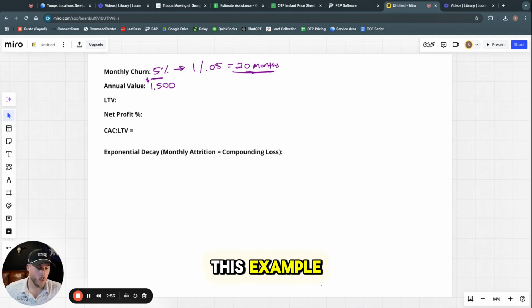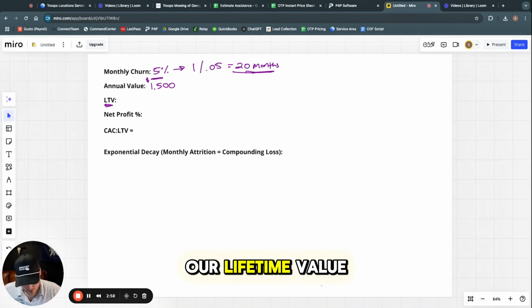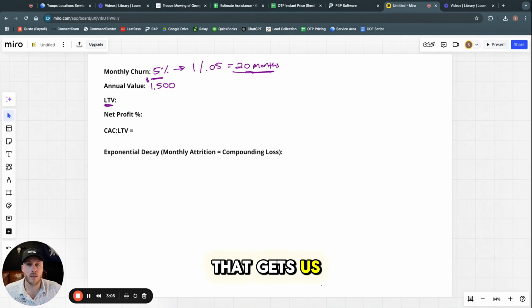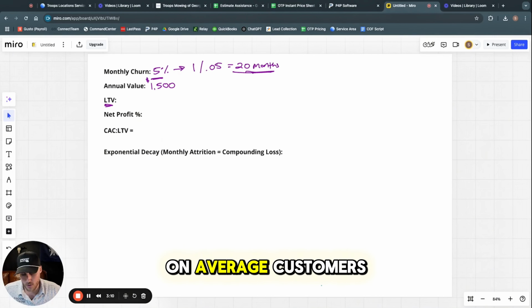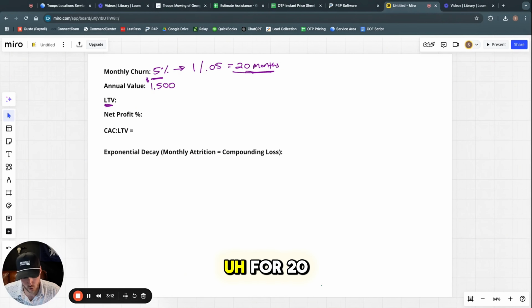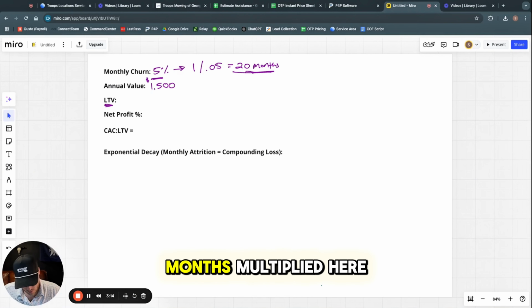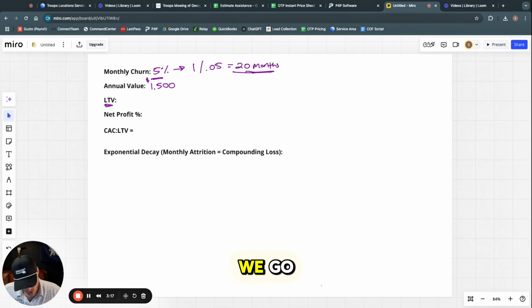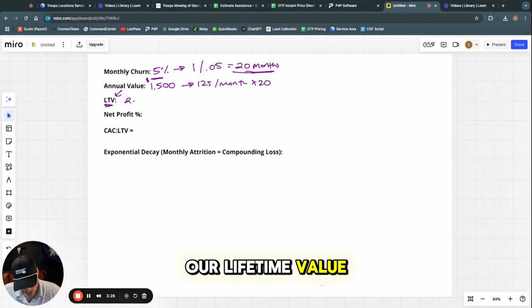But let's say in this example, we have an annual value of $1,500. Now to find our lifetime value, all we need to do is take our annual value, $1,500, divided by 12 months in 1 year. That gets us our monthly value per customer of $125. We know that on average, customers stay with us for 20 months. So we have $125 per month multiplied by 20. That gets us our lifetime value of